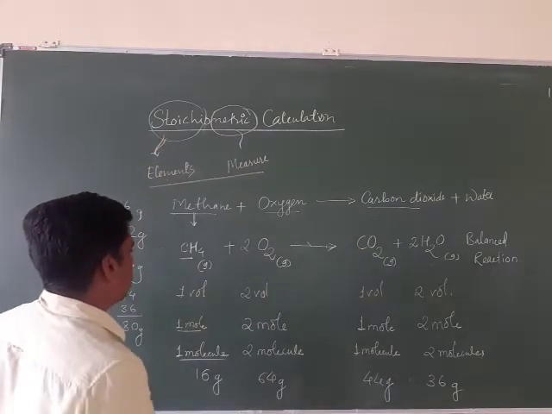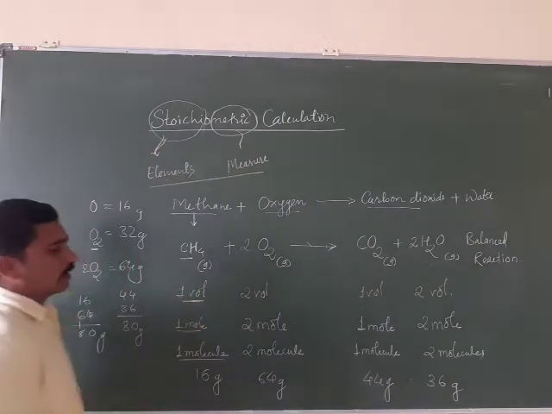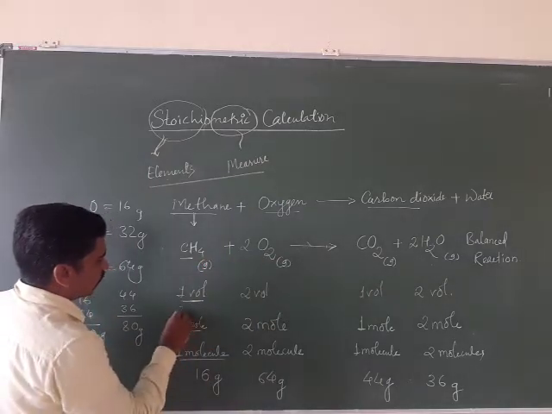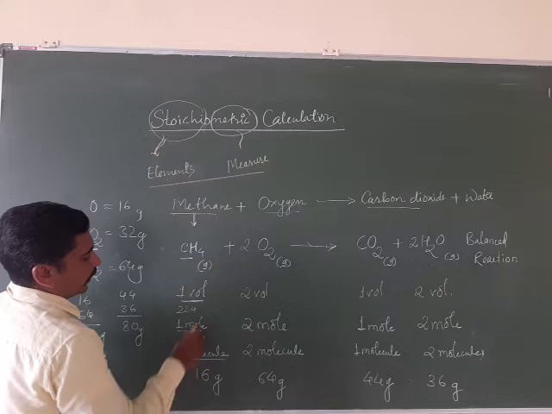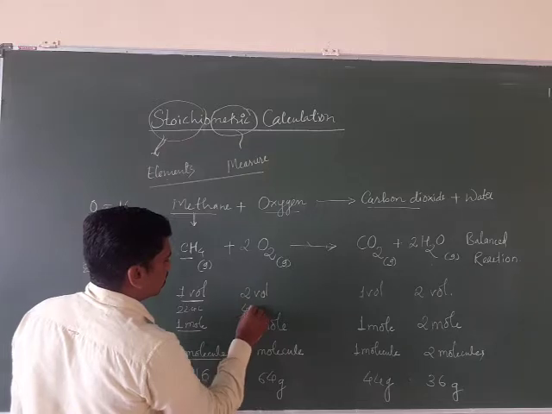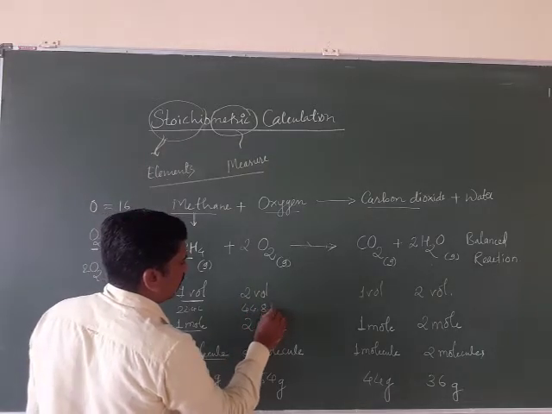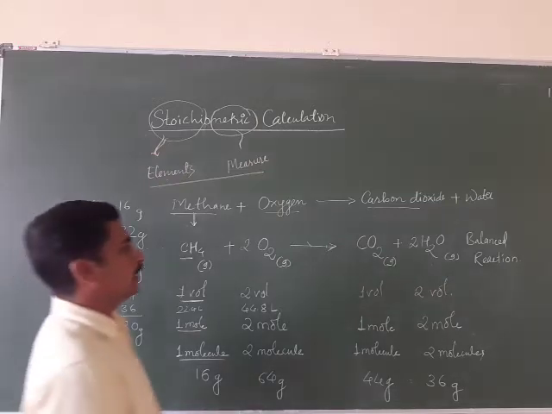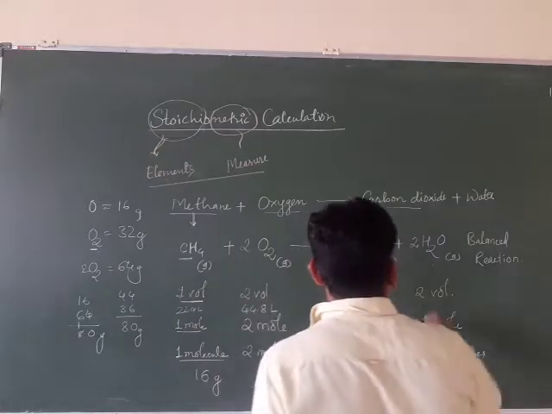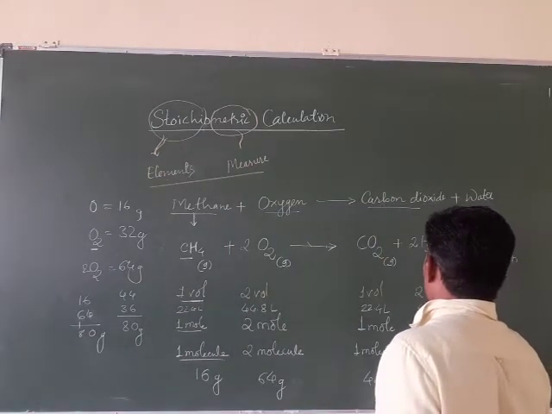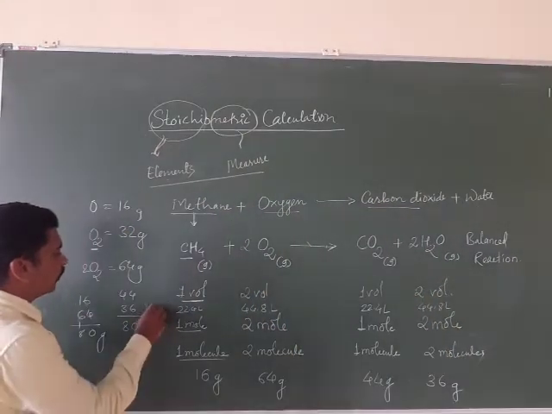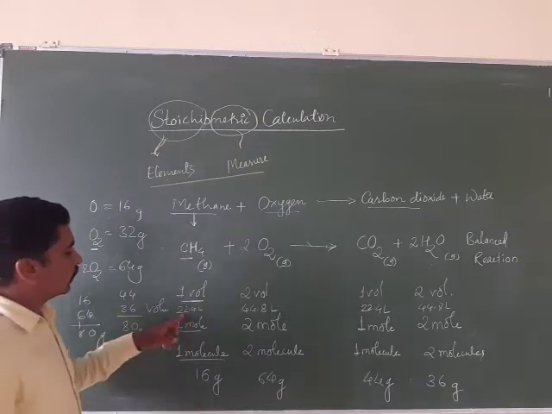It is just converted from one form to another. Clear? What we have written so far is in terms of volume. Now all quantities are gases. 1 mole means 22.4 liter, and 2 moles means 44.8 liter. Carbon dioxide is again 22.4 liter, and water vapor, again a gas, is 44.8 liter. Now in case of volume, we can say how it is?